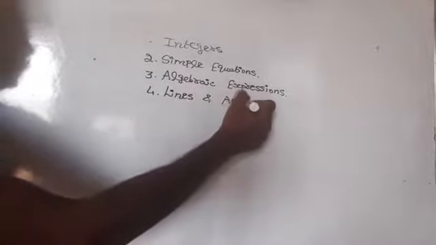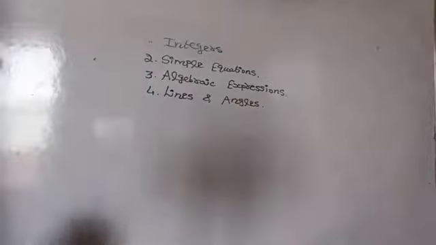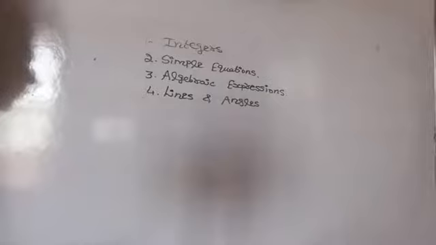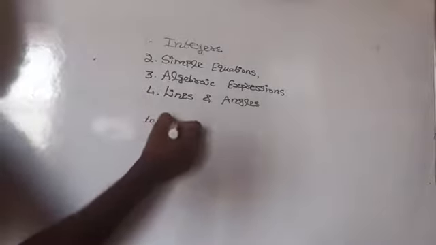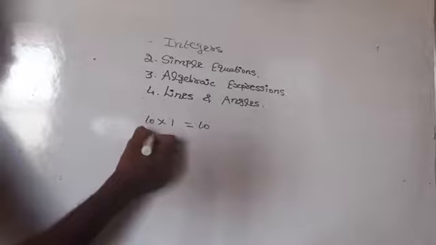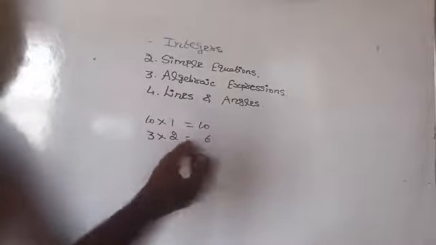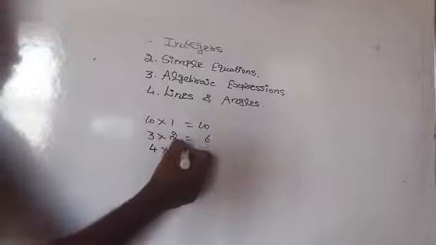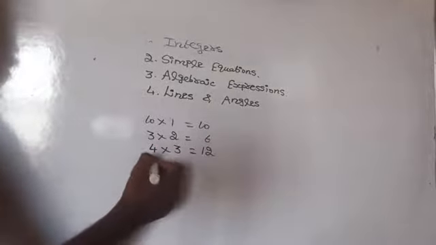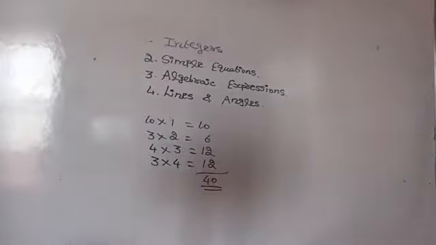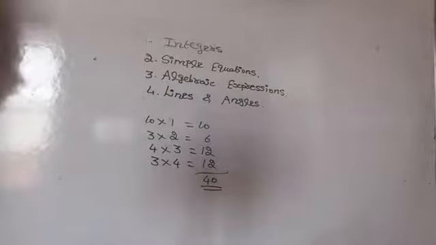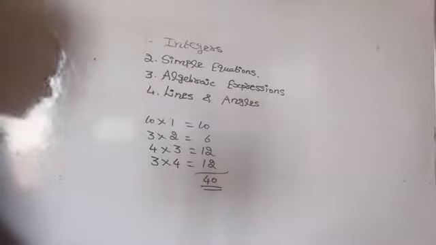The total marks will be 40 and the time allotted will be 1.5 hours, that is 90 minutes. Are you getting here? Then there will be ten 1-mark questions, three 2-mark questions, four 3-mark questions and three 4-mark questions. So the total will be 40. Am I right? And from today onwards we will revise lines and angles first.